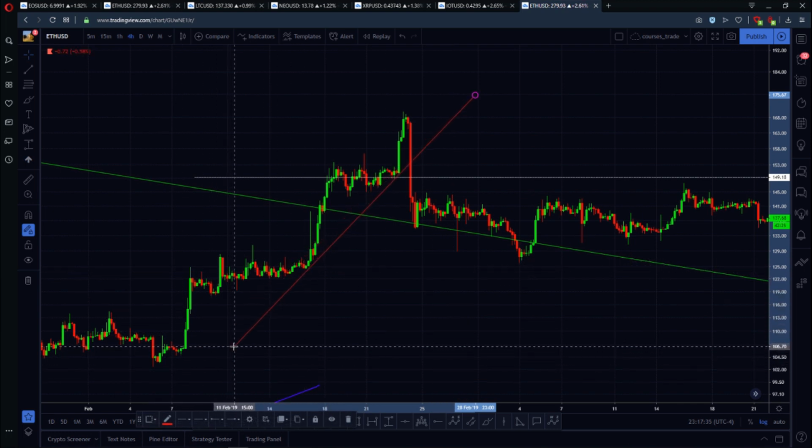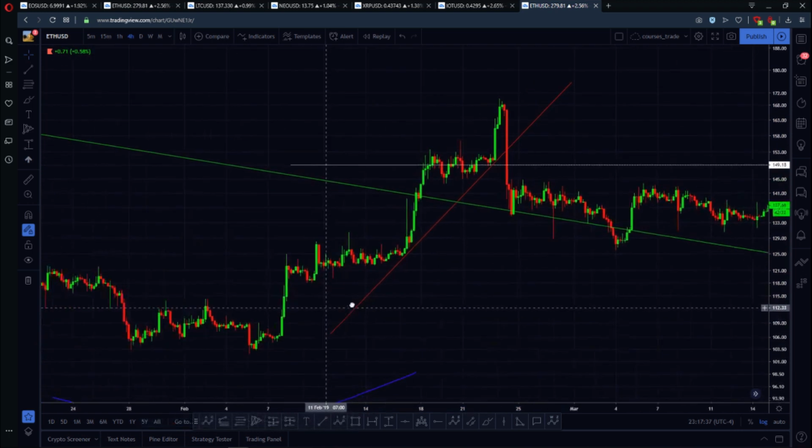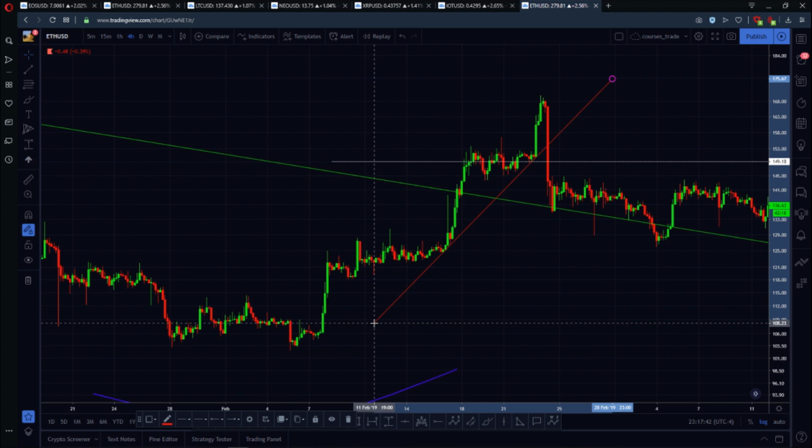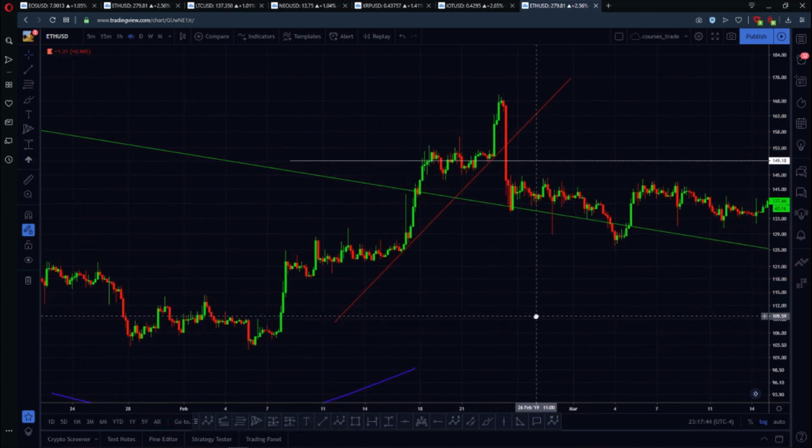Pretty interesting, huh? So this trend line is missing one touch, because there's only 2 touches. It's barely okay to trade using it, but the point is, you got a brutal violation of this trend line,